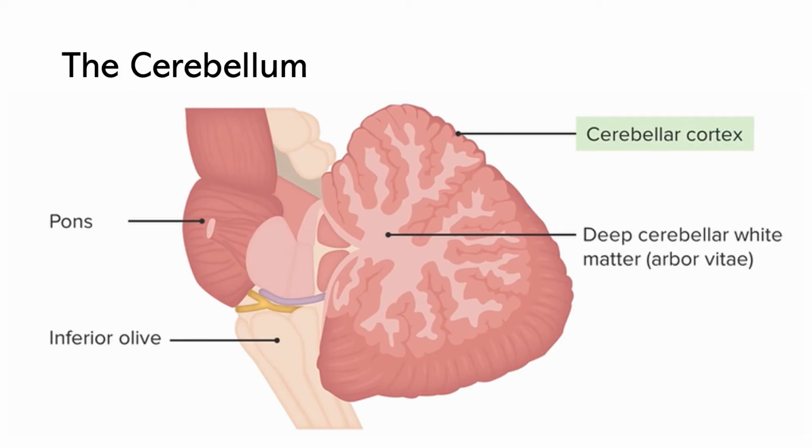The functions of the cerebellum include coordination of skeletal muscle contractions and also maintaining normal muscle tone. This allows for our muscles to always have a little bit of a contraction so they're not completely flaccid. This is important for things like posture and being able to stand or sit up straight, and also for